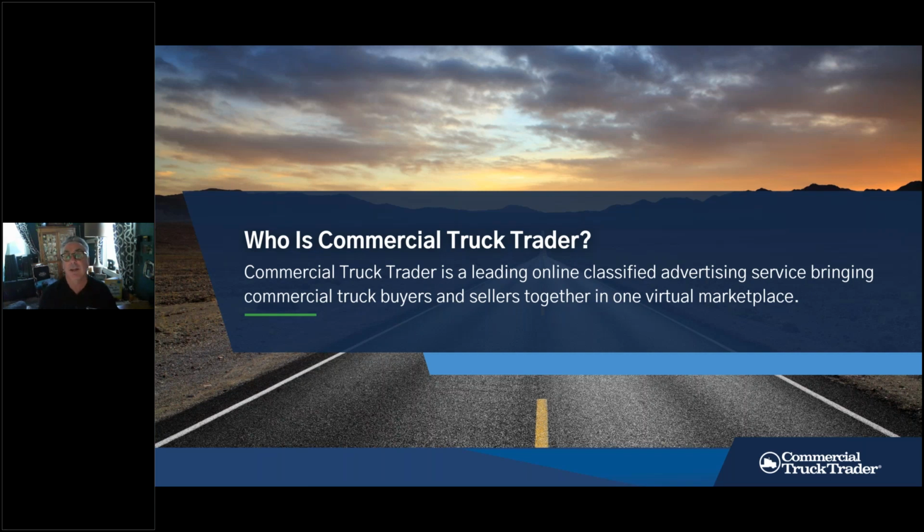It's amazing now what we all need to do in order to navigate this new virtual world that we've been thrust into. With that in mind, I'll start with a quick overview of Commercial Truck Trader to give you an idea of who we are. Then we'll talk about some of the new digital products that are available. They're available through us, and we'd love for you to use us, but they're also available other places as well. So just keep in mind that this is really about understanding a little more, and a little deeper and richer, about technology.